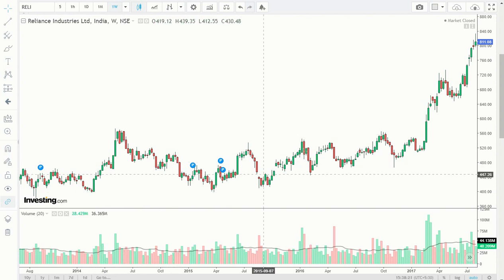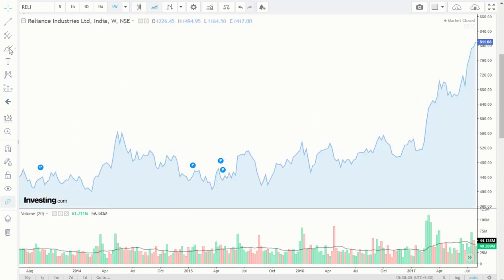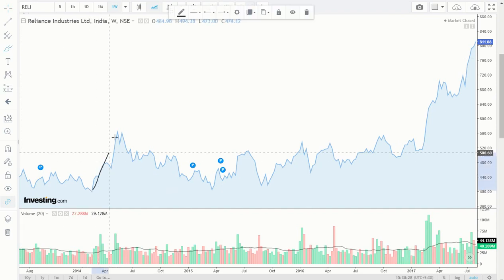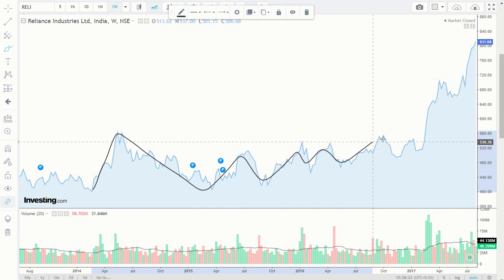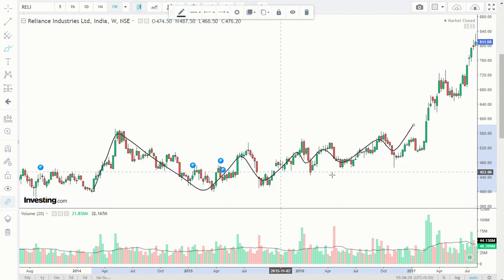Let's say prices were moving in this fashion. Again, I'm not explaining the candlestick chart. That was homework. If you have not done it before the webinar, I can't help it. So prices moved in this fashion, if you see. Now with candlesticks, the same thing is happening. You can align it with the black line that I have drawn with the pen.